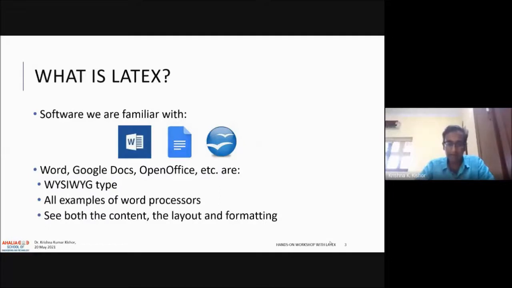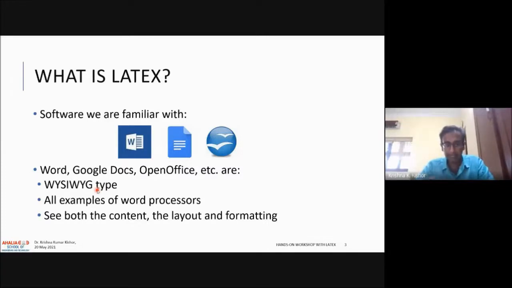What they are is what we call what-you-see-is-what-you-get type processors. WYSIWYG stands for what you see is what you get. As you're typing on the keyboard, you're getting the output.